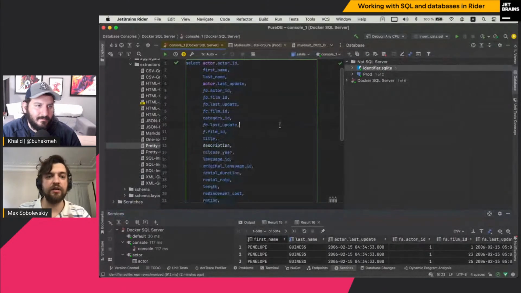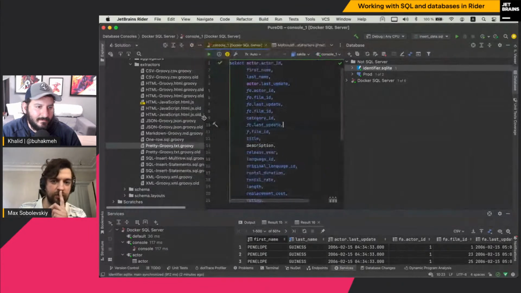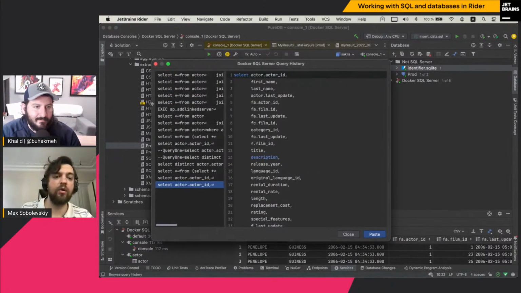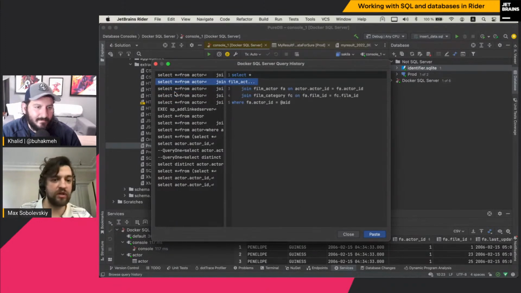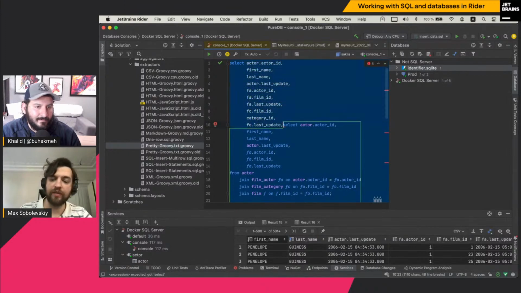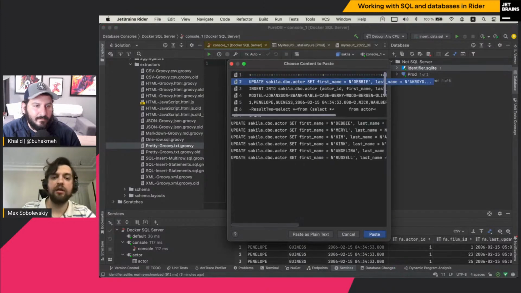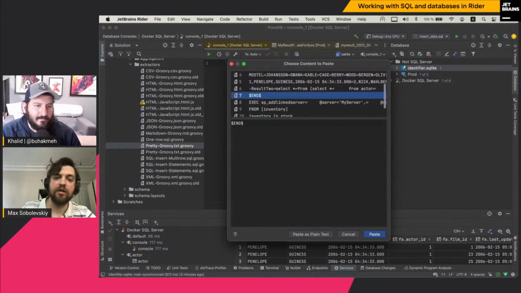Okay, let's go further. It was the data editor, navigation. I already told you about the navigation. Some features which help you not to lose your work. Local history, I already showed it. There is also the query history, where all the queries you actually execute are saved, so you can paste any query to the query console. There is also the clipboard history. Everything you copy is actually stored in the clipboard of Rider and of DataGrip as well. If you press Shift Command V,